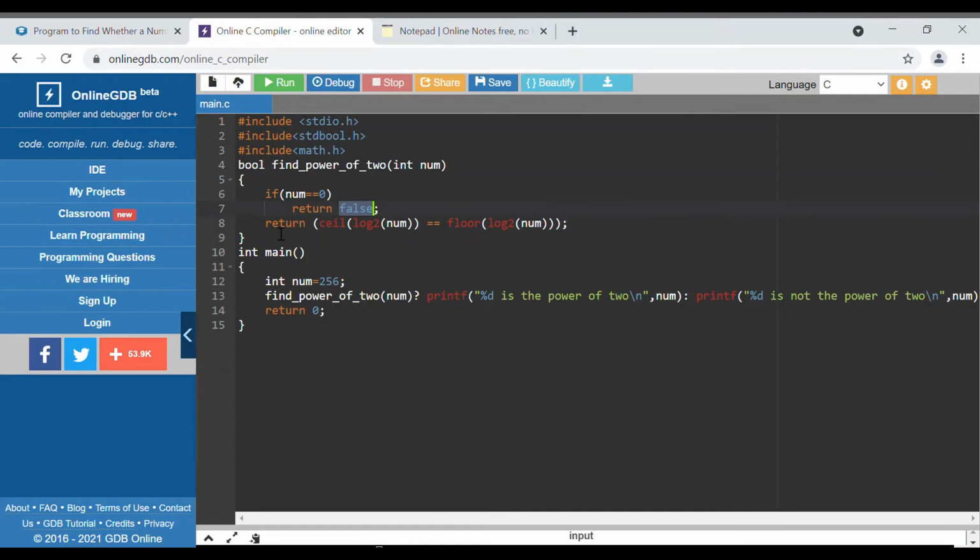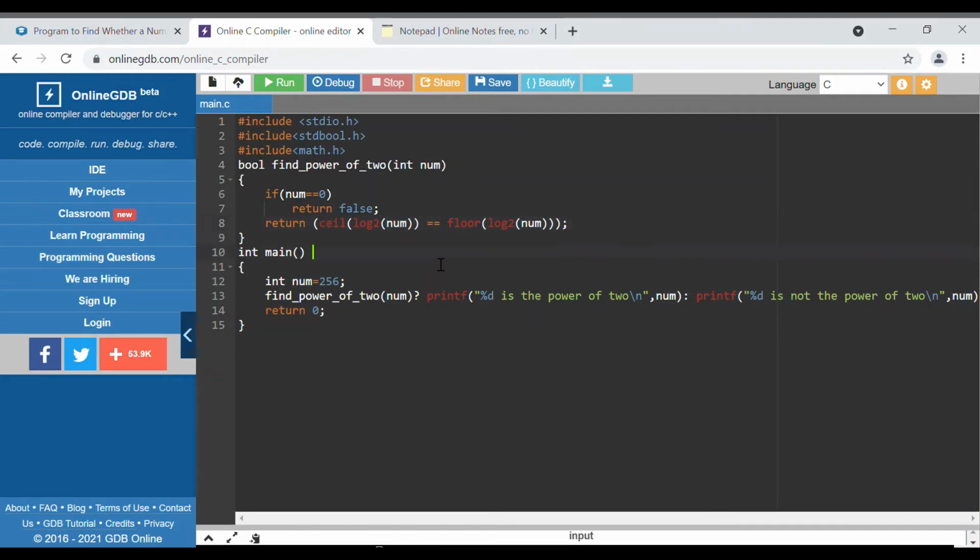Now, if it is not 0, then we return the ceil of the log of the number to base 2. As I have mentioned, we are using the concept of log here, so we are just taking the log of the number with base 2. You have to understand we are using base 2 because we are checking for a power of 2.